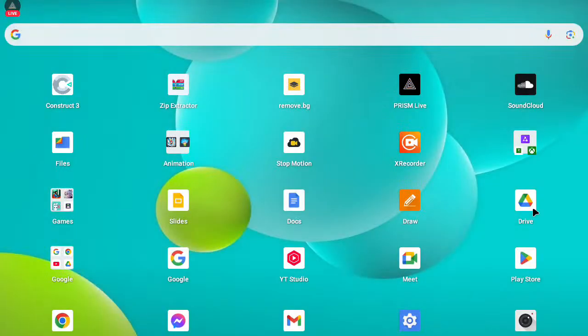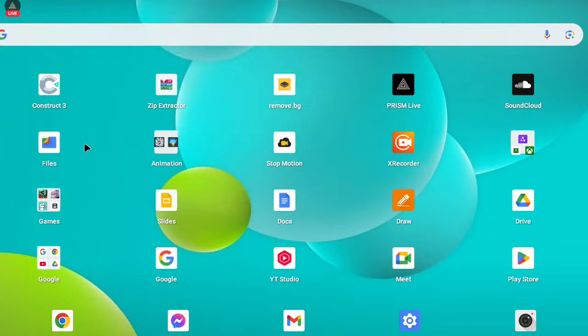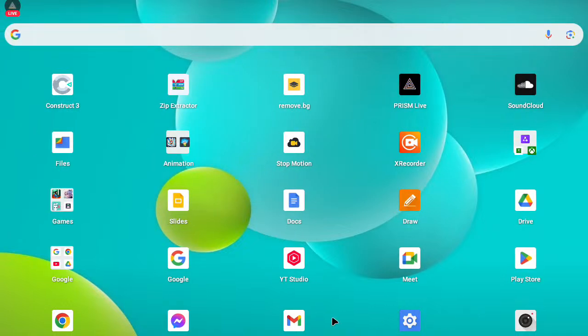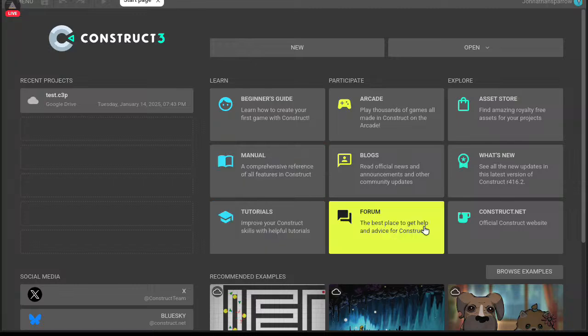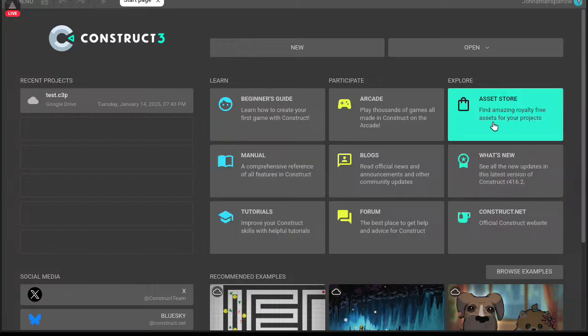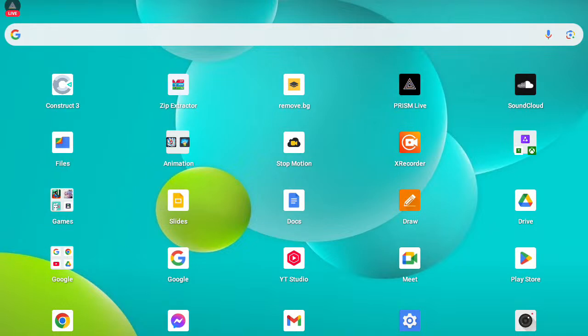To me, Construct 3 appealed to me because there were some features it had that I wanted in GDevelop, but I couldn't really find the ways to do them.